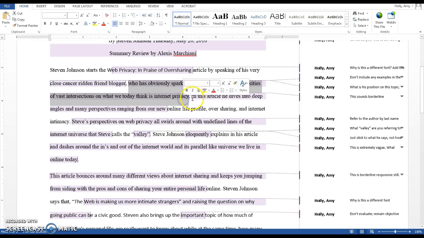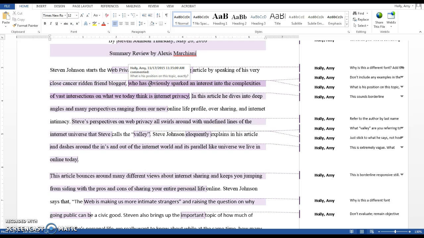This here is definitely the topic of his discussion, and it is the general concept or issue that he's addressing with his argument, but it's not the same as his argument itself, because his argument would be more like his position on this issue.